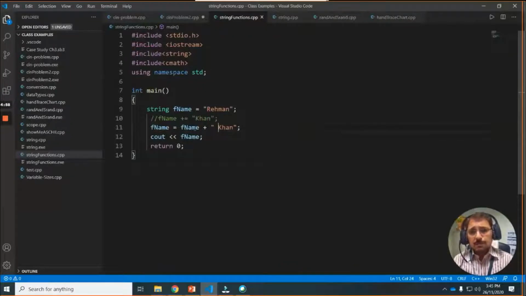So the plus and the equal to, you can write like this, and you can write it in a short form like this also.